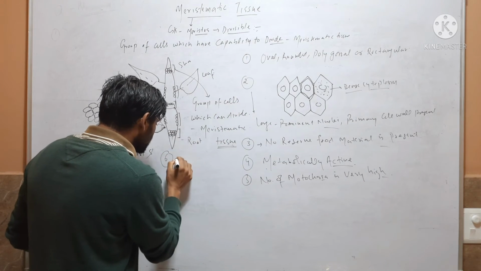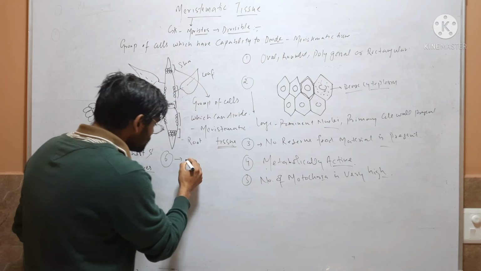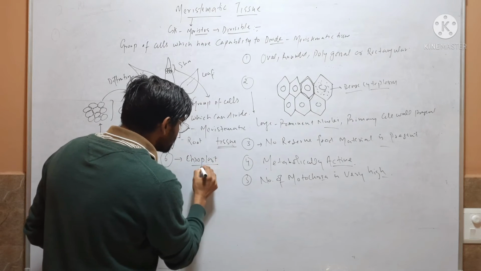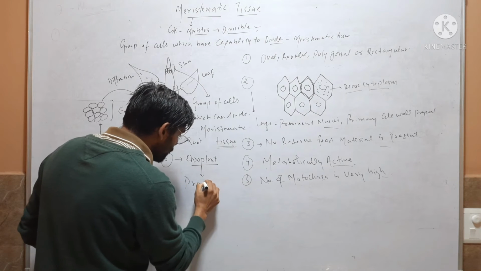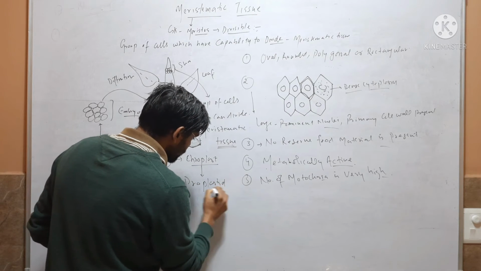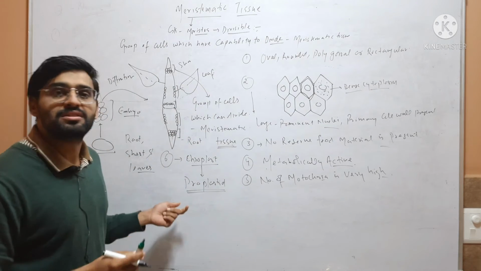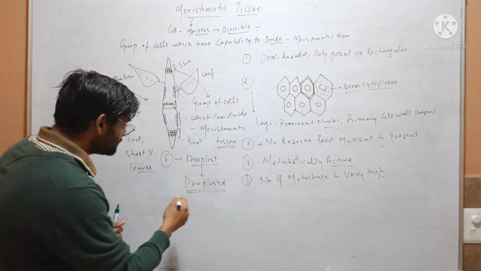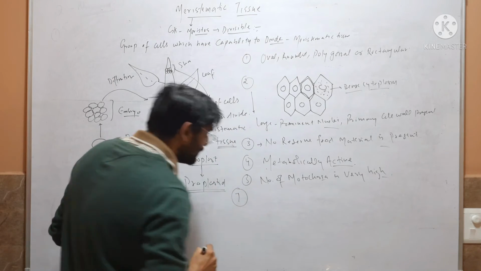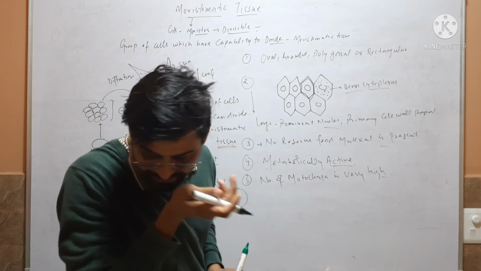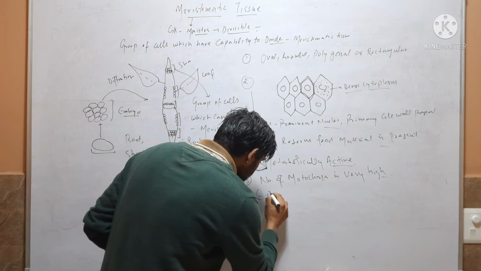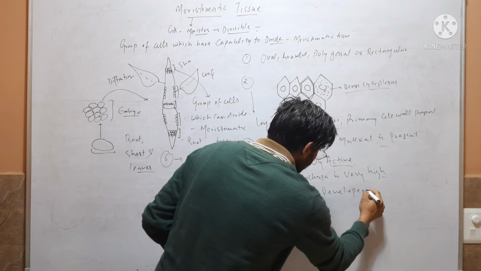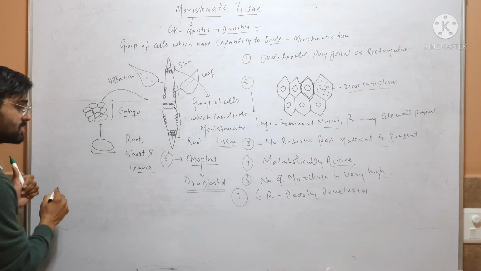And the sixth one is chloroplast is present in the form of proplastid. Immature chloroplast is called proplastid. So chloroplast is present in the form of proplastid. And the next one is ER is poorly developed. And next is